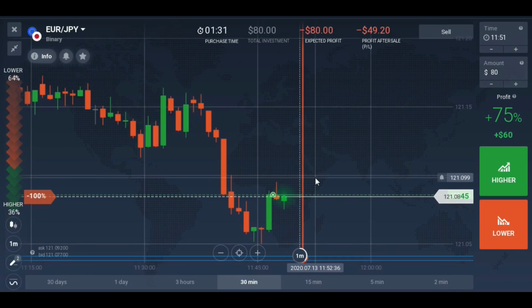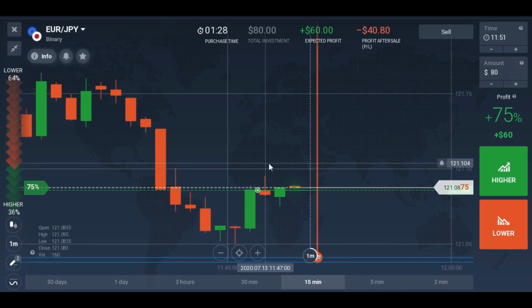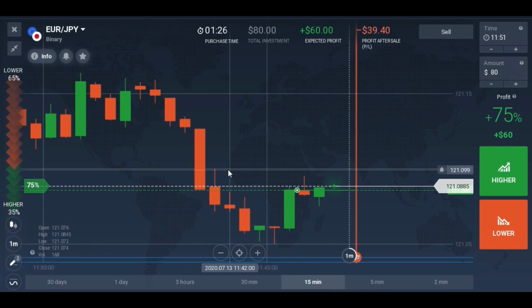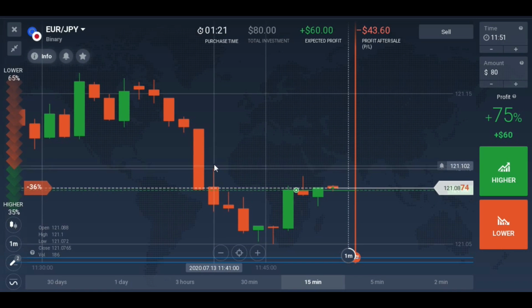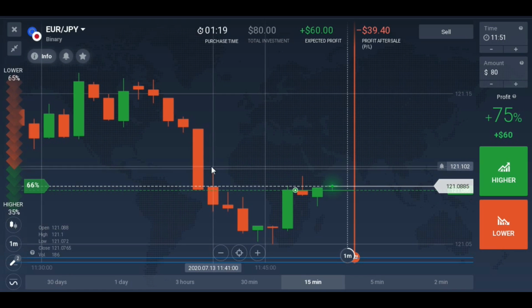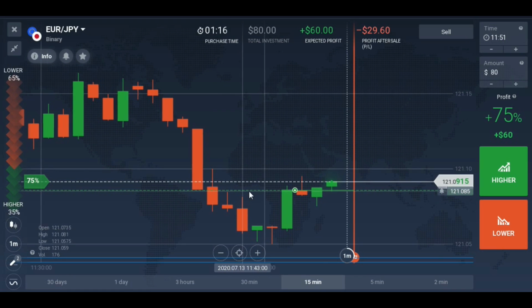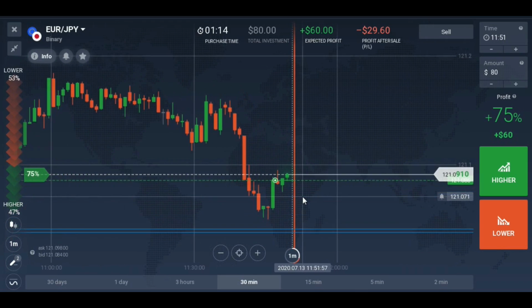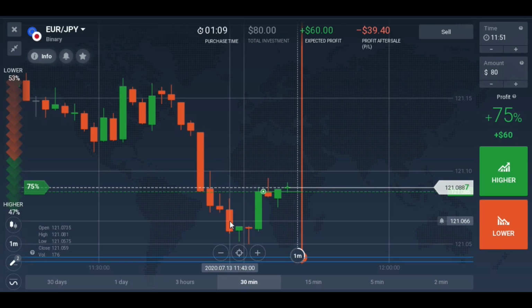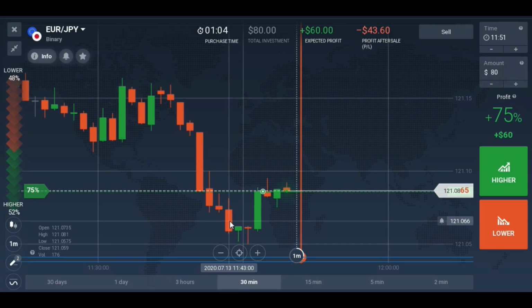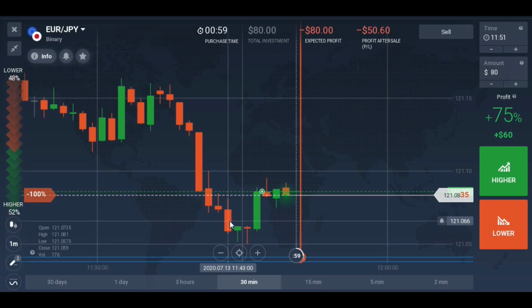It's moving upward. Now, why it is reversing is because of that very resistance level, which I have already explained to you previously, that these wicks are suggesting the resistance. But all the necessary conditions have been fulfilled, and we can trust this setup, that the market will continue to go upward for some time.